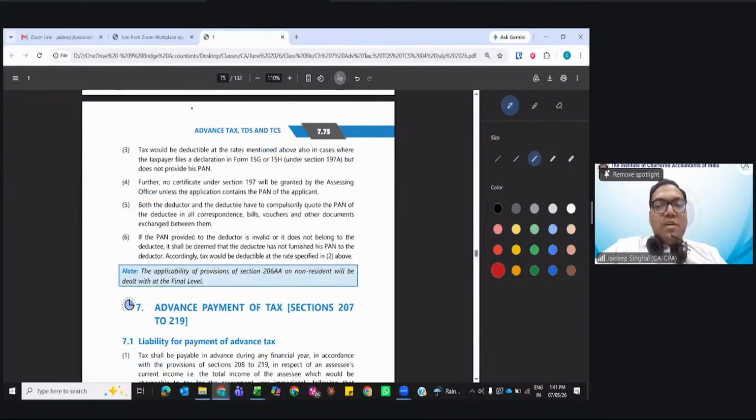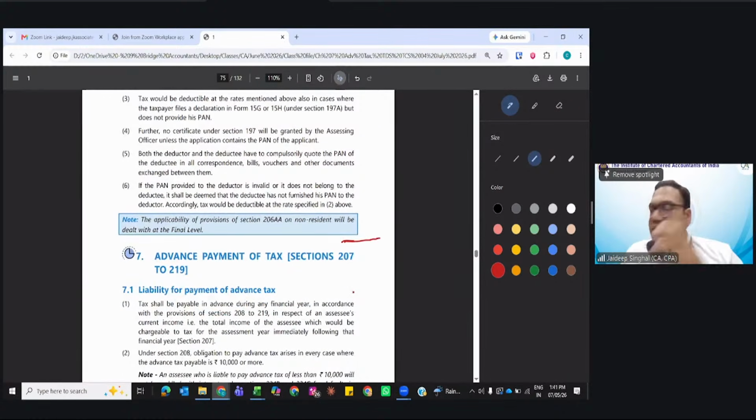So these are very simple lines you can study. This is the concept of your TDS. We have covered the concept of the TDS. Next session, we will discuss the concept of advance tax. The next session is on 7th of July. So on Tuesday and Wednesday we have the session. Tuesday we will discuss advance tax, and then Wednesday we will discuss the provisions for return filing.